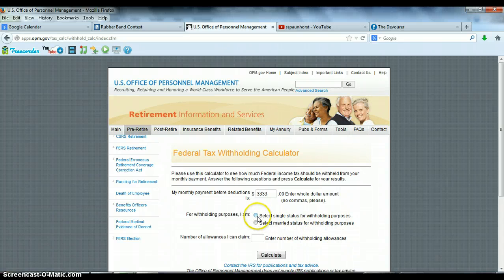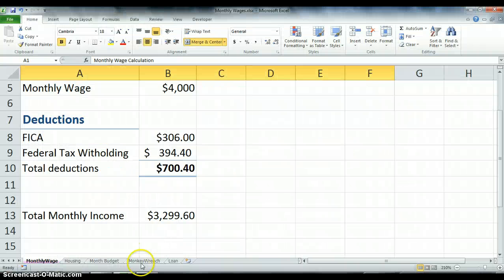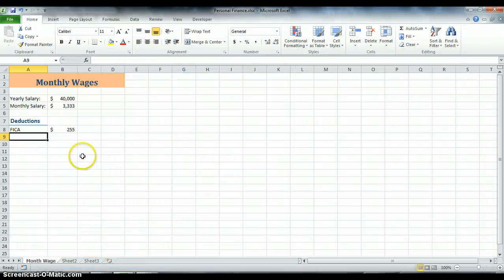For withholding, you are single for this project, and the number of allowances was that total number from your W4. So mine was 3, and then click calculate. Okay, so this number is going to be my withholding: $289.05. So I'm going to go back into my Excel document,